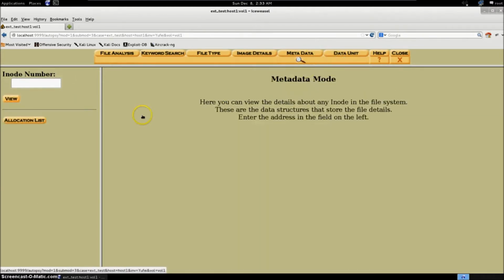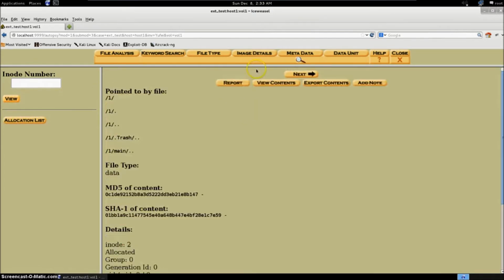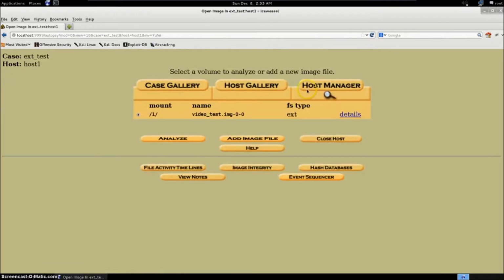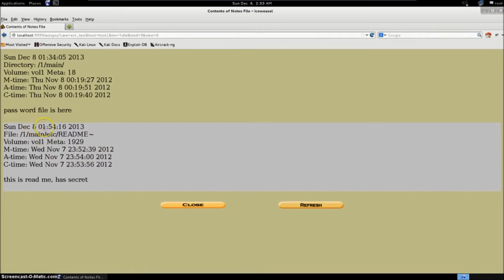So in conclusion, if you use this function, you can save a lot of time for data forensics. I'm gonna show you a simple example. Okay, I'm gonna close that. And do you remember the nodes we have created before? And here is the inode of these nodes, the secret file. And I copy that,